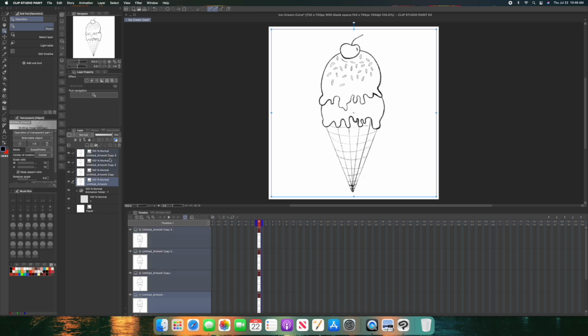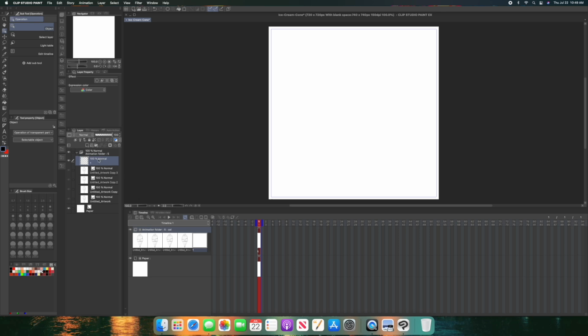this ice cream cone. Once we've created these 4 copies, then what I want to do is select them. So I'm going to select my first one, hold shift, and then select my last one, and all 4 will be selected, and then I'm going to click on them with my mouse, and I'm going to drag them into my animation folder. Once we've done that, you'll see that they've been loaded into the timeline under one folder, and these folders will